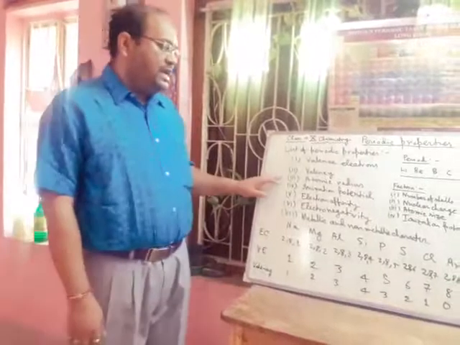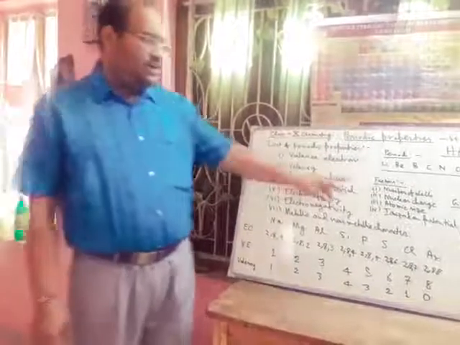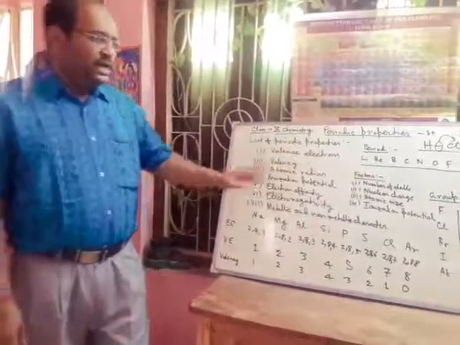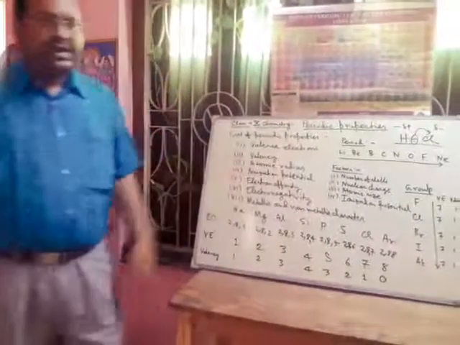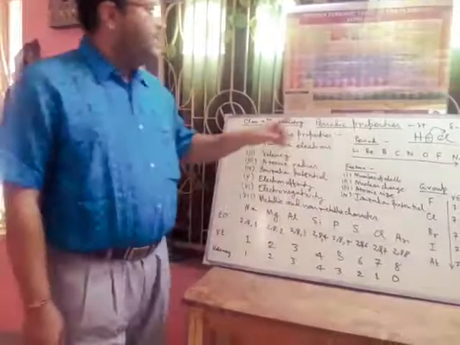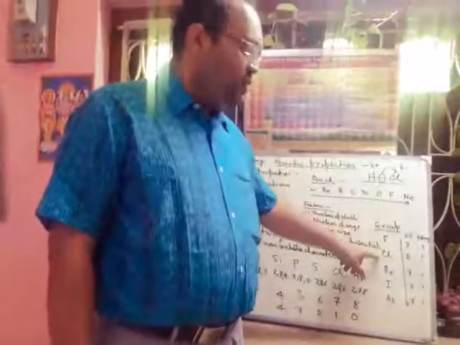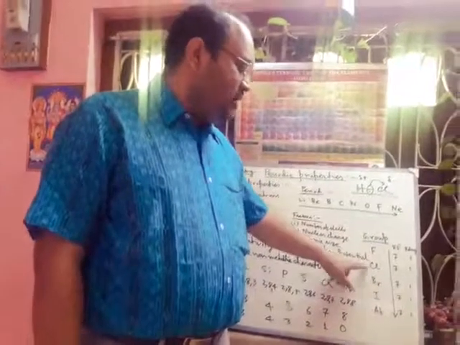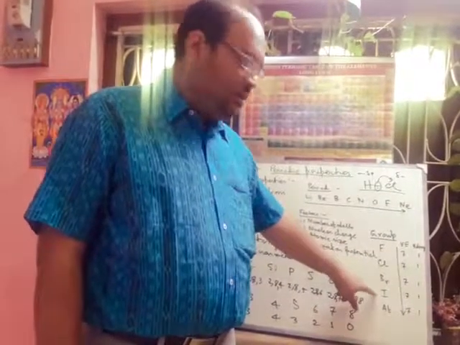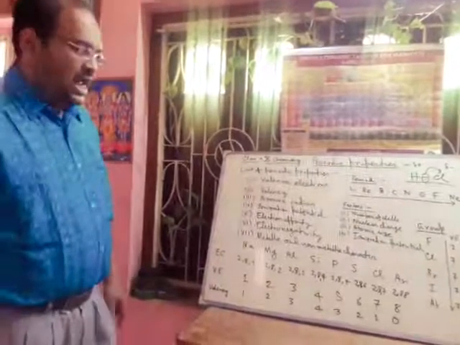Now atomic radius generally depends on two factors. One is the number of shells and another is the nuclear charge. If we increase the number of shells, atomic radius will increase. Suppose we consider fluorine, chlorine, bromine, iodine, astatine. From fluorine to chlorine, one new shell is added, and chlorine to bromine, another new shell is added, and bromine to iodine, another new shell. So continuously atomic radius is increasing.